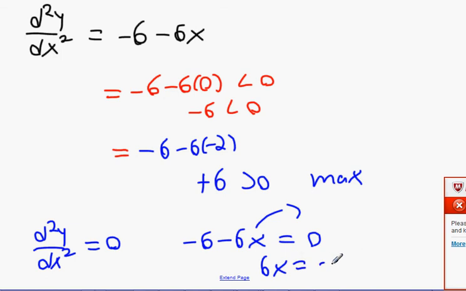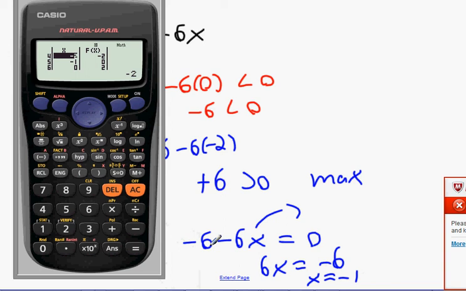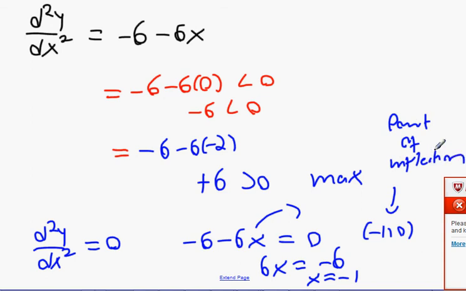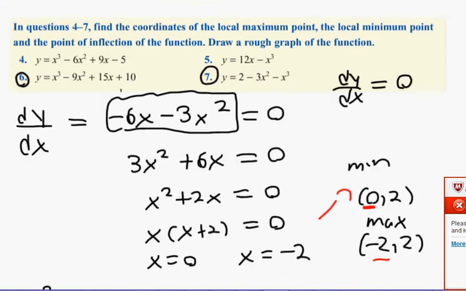6x equals minus 6, x equals minus 1, and then minus 1, 0 is the point of inflection. Okay. Now, that there is the bog standard question. There is nothing tricky there, it's just a procedure. Now, this next one gets into